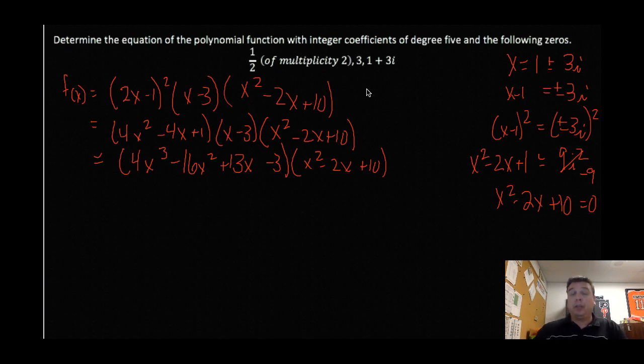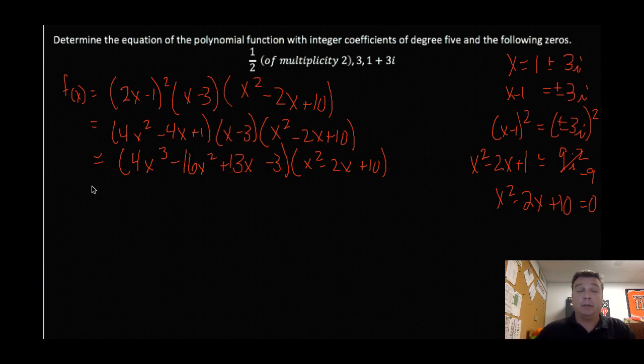Next, you're going to take that 4x cubed and multiply it by everybody in that quadratic. Then you're going to take negative 16x squared and multiply it by everything in the quadratic. Then you take 13x, multiply by everything in the quadratic. Negative 3, multiply by everything. Then you're going to add all those components together. Since there's not a lot of room on here and you know how to multiply polynomials,